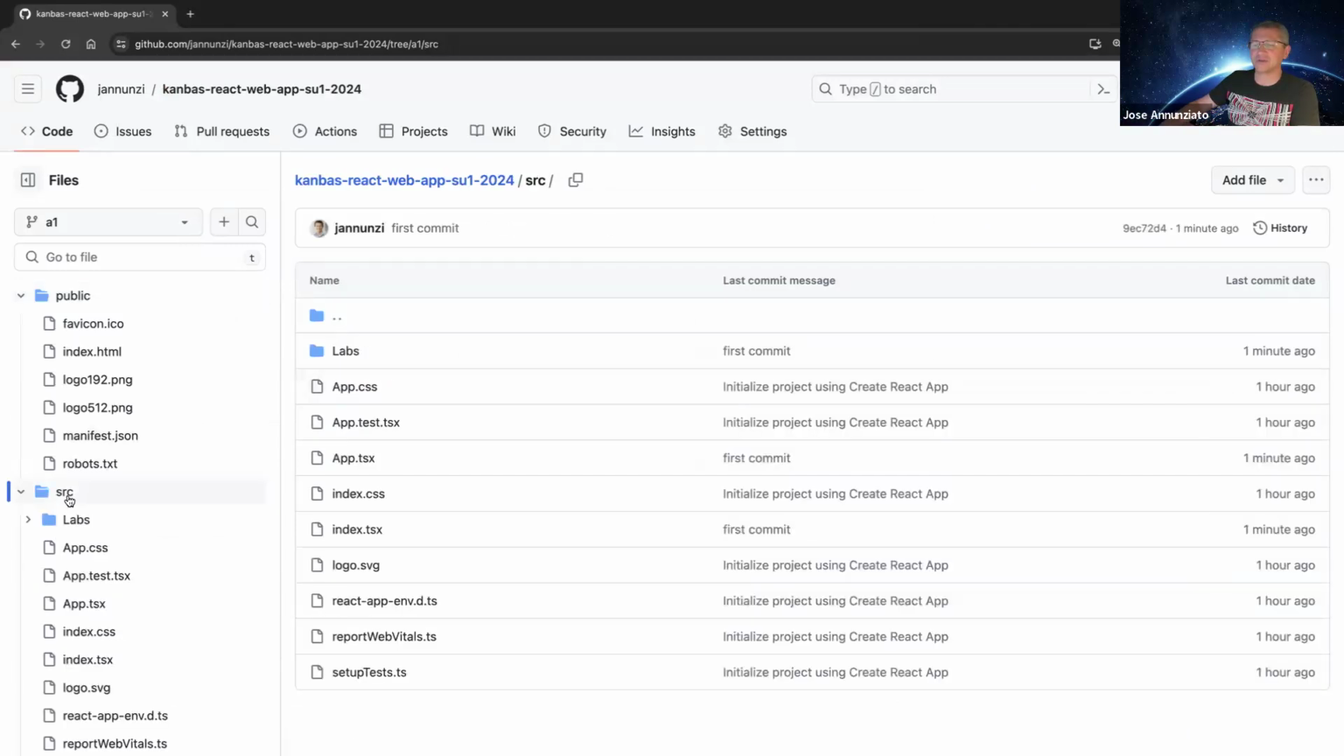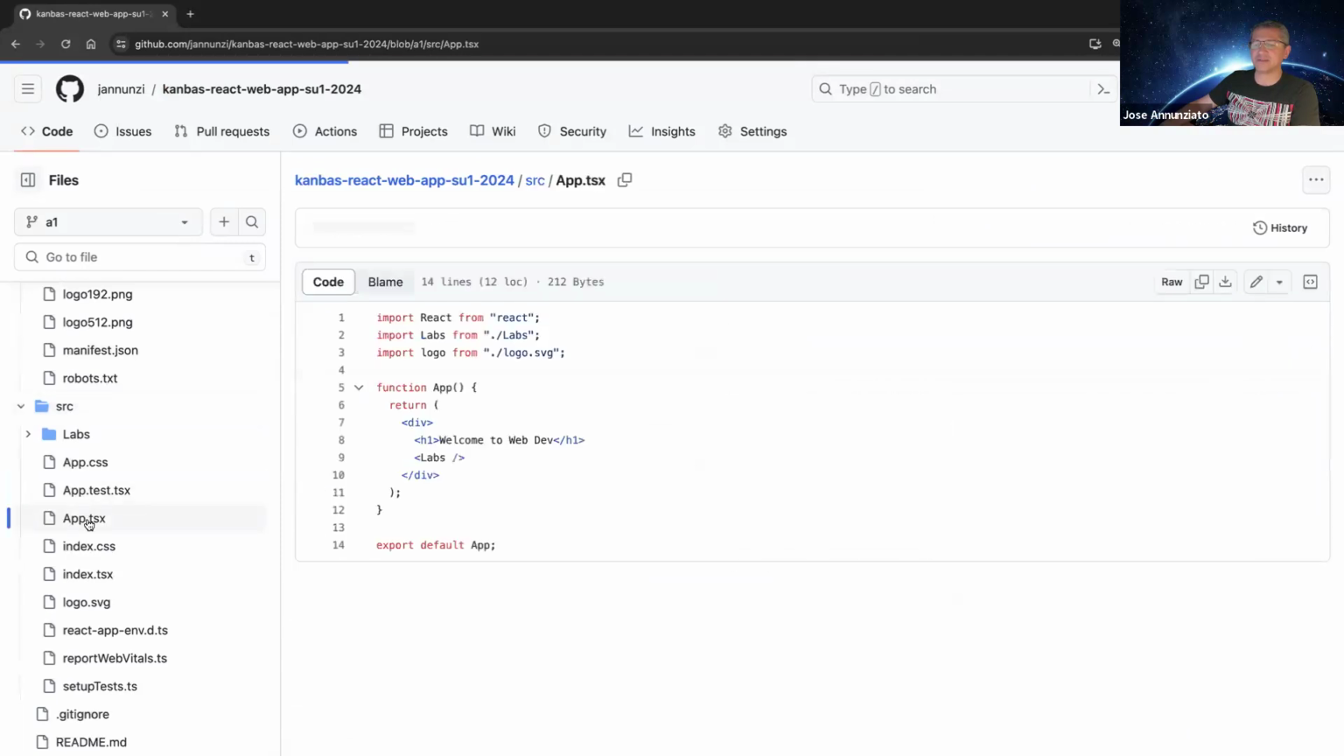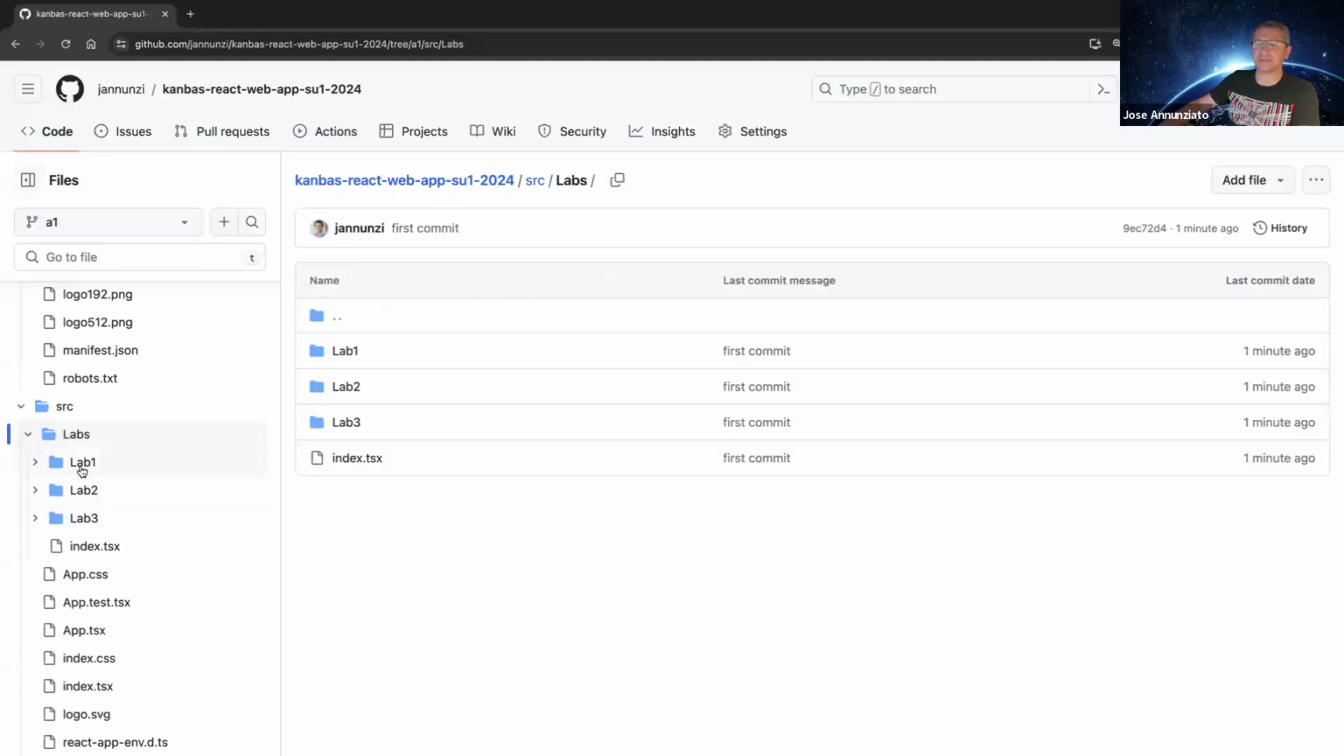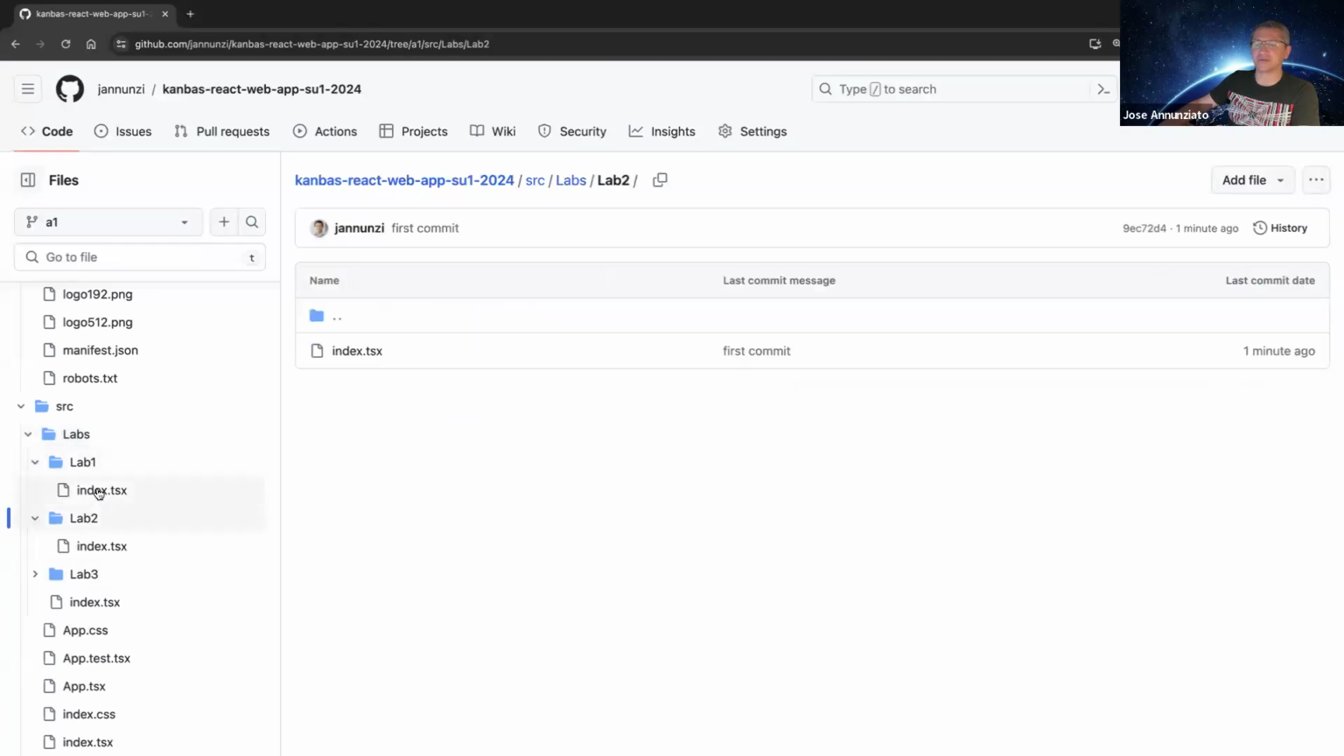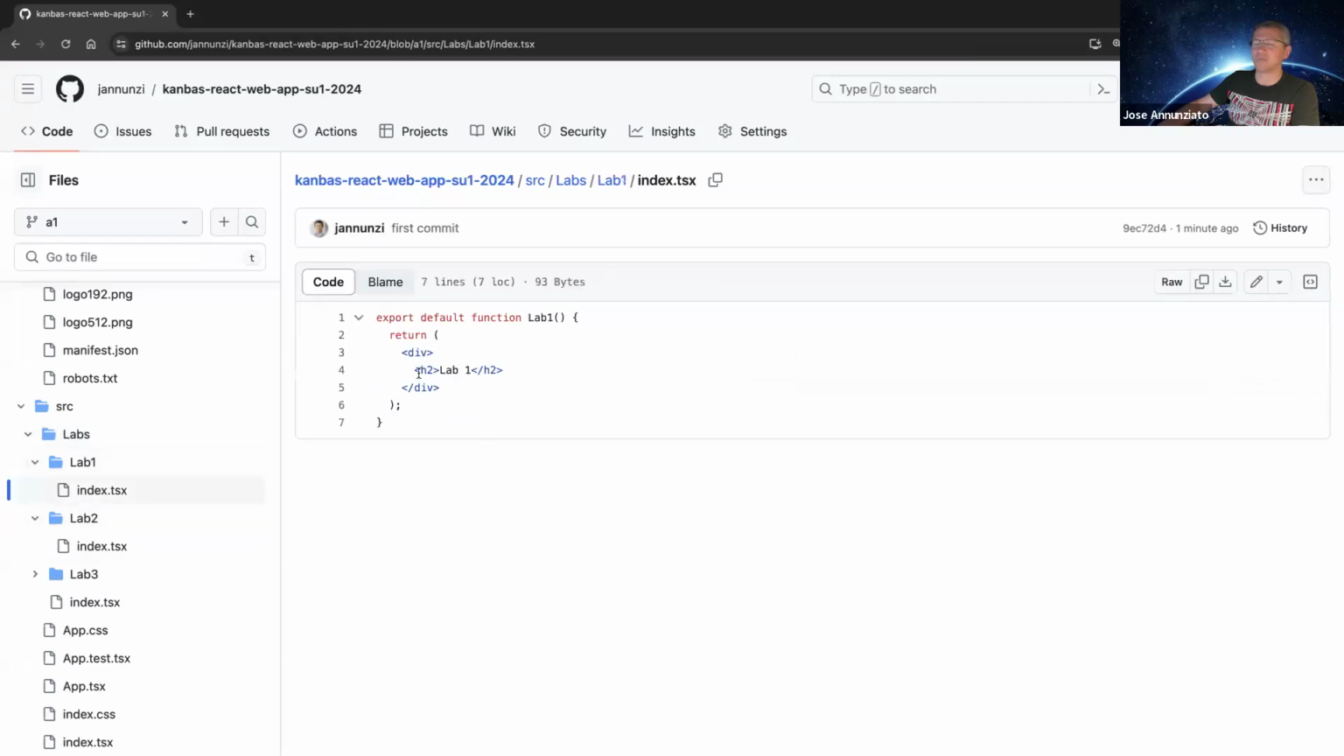And then under source, we can see that we have the app.tsx, which loads our labs. We can see our labs with lab 1, lab 2, lab 3. Each one is there. Perfect. We have an index with each one of the labs. All right, perfect. So now it's on Git. So that's the first step. We make it available on Git. And now we can